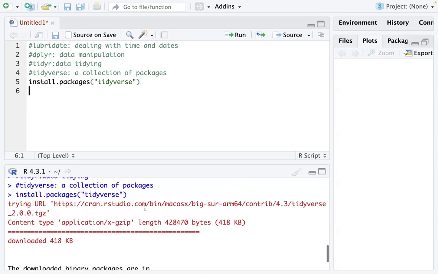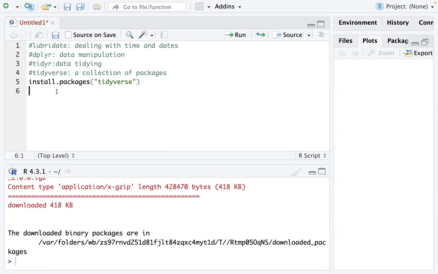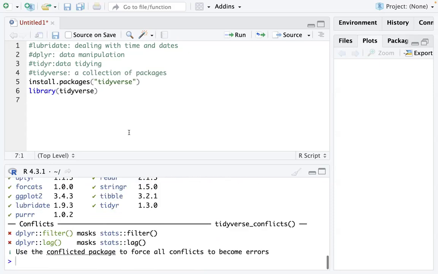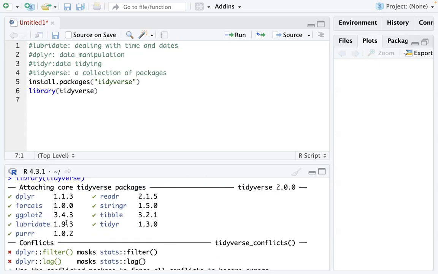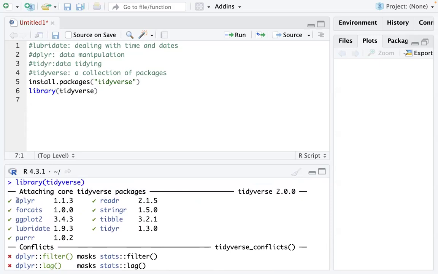It will start downloading and installing, and after that, you just run the library function so that this collection of packages is loaded. From this list, you can see we have included dplyr,